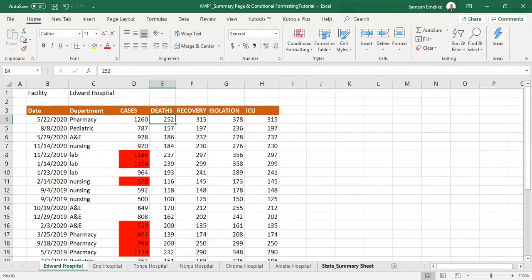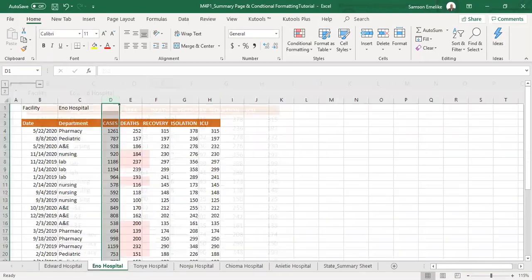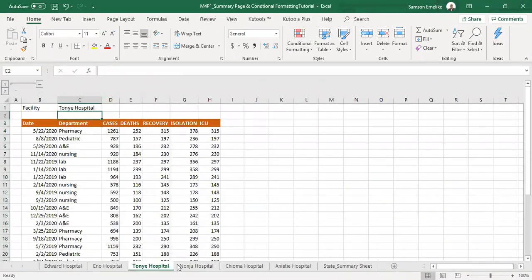So now let's go ahead and create our summary sheet. Now remember that each of these is a duplicate, is a replicate of